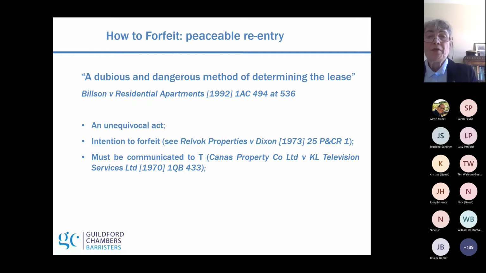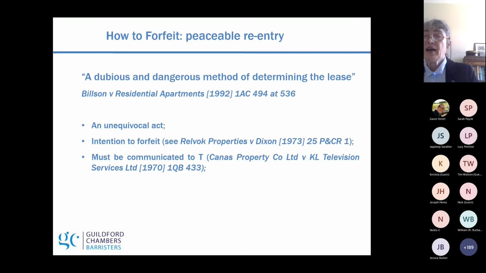Having considered all those preliminaries, how should the landlord effect forfeiture? The options being either peaceable re-entry or action. It's worth saying that just because forfeiture is available doesn't necessarily mean that it is the right remedy, especially in a depressed market where the landlord will be left with an empty property and the liability for business rates. It may be a better option to sue for the arrears, look to the rent deposit or the guarantor.